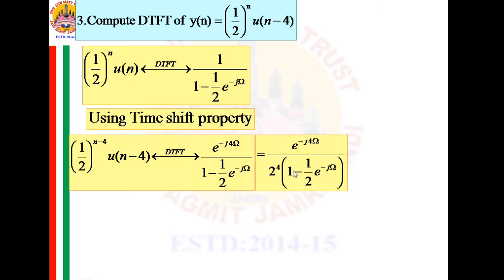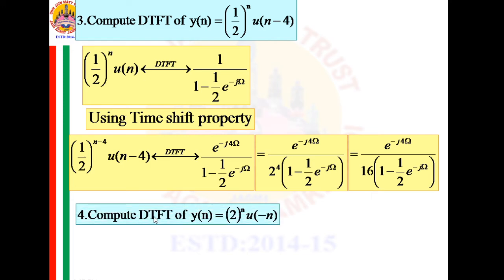Understood how to use the property? So, remember that when you are using the time shift property, every n of x[n] should be shifted by the same amount, then only you can apply the time shift property. Then you can adjust to whatever the problem asks by multiplying both sides of this expression. Similar kinds of other problems you can solve in the same way. Okay. So, this 2 raised to 4 can be replaced with 16.